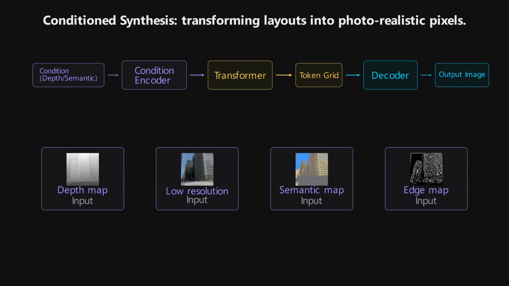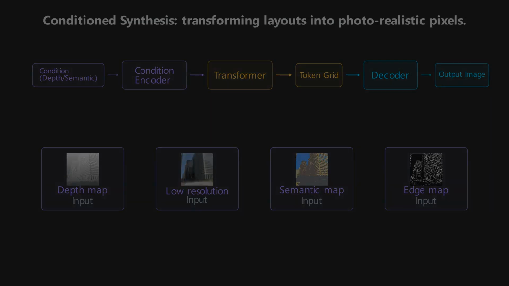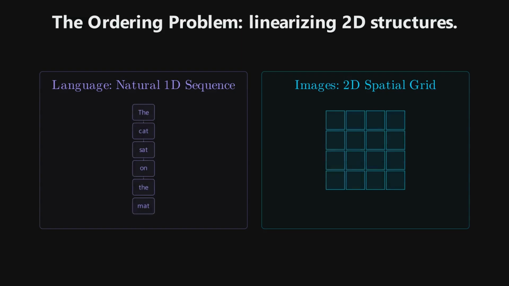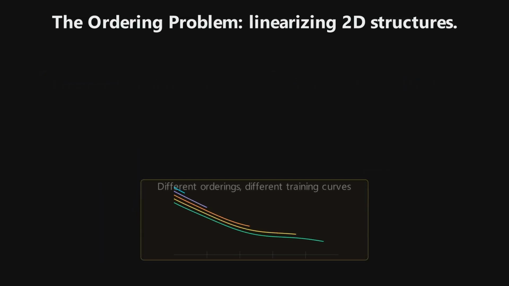With attention, one token can directly interact with another token far away. Vision transformers take an image, split it into patches, turn each patch into a token, add positional embeddings, and pass the whole sequence through transformer layers. With VQGAN, this becomes especially powerful. The encoder, decoder, and codebook turn image synthesis into a sequence prediction problem. A transformer can now generate image tokens. And if we provide a condition, text, depth, semantic maps, edge maps, or a low-resolution image, the model can synthesize an image guided by that condition.